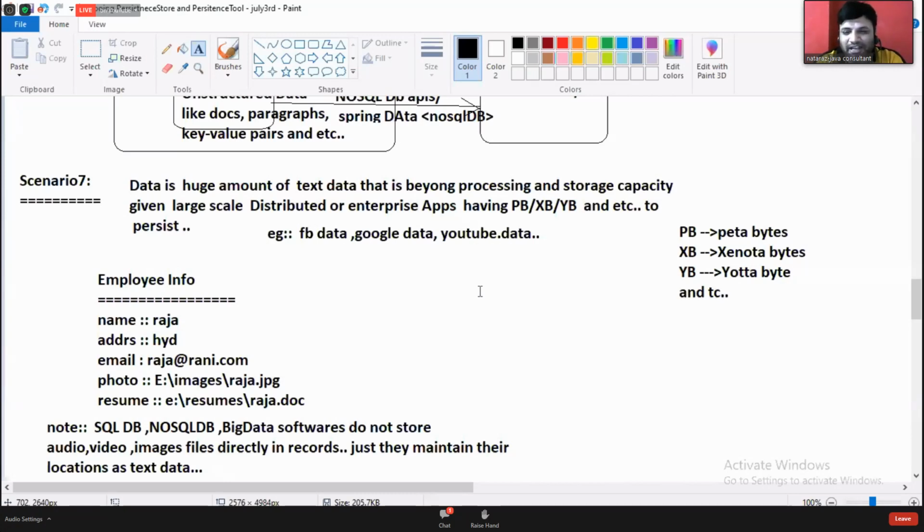It won't expect high-end hardware or high-end software. It asks for multiple normal, regular computers and regular hard disks, keeps them in a stack or rack, and across the multiple computers it manages that huge amount of data. No database software, no SQL there. By using regular normal hard disks and normal computers, big data is able to process and store that much huge amount of data. That's the reason big data is a huge success in the market.